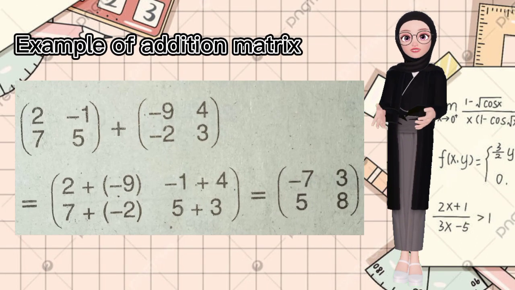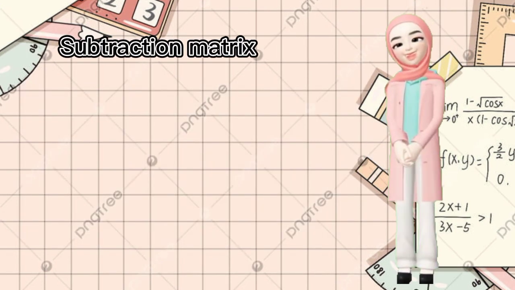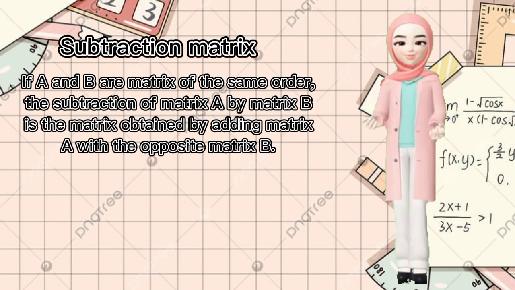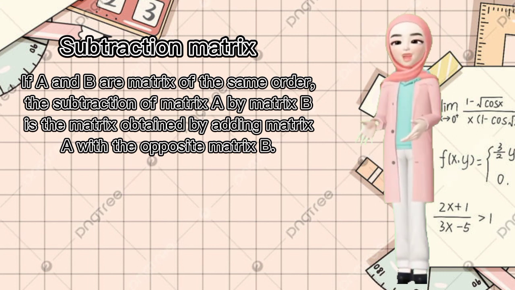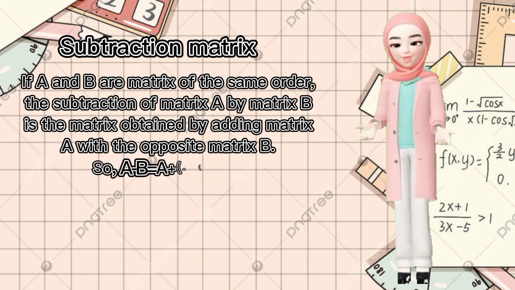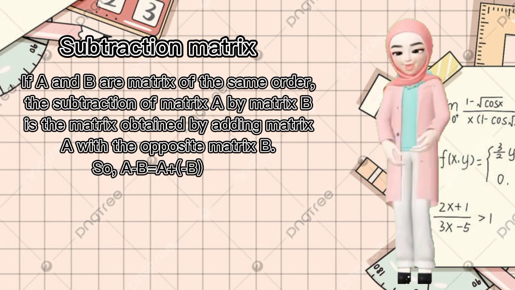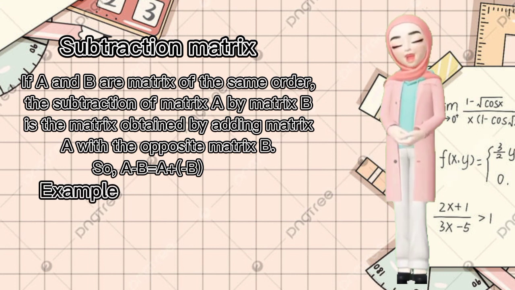Example of matrix addition. Matrix subtraction. If A and B are matrices of the same order, the subtraction of matrix A by matrix B is the matrix obtained by adding matrix A with the opposite of matrix B. So A minus B equals A plus negative B. Example: